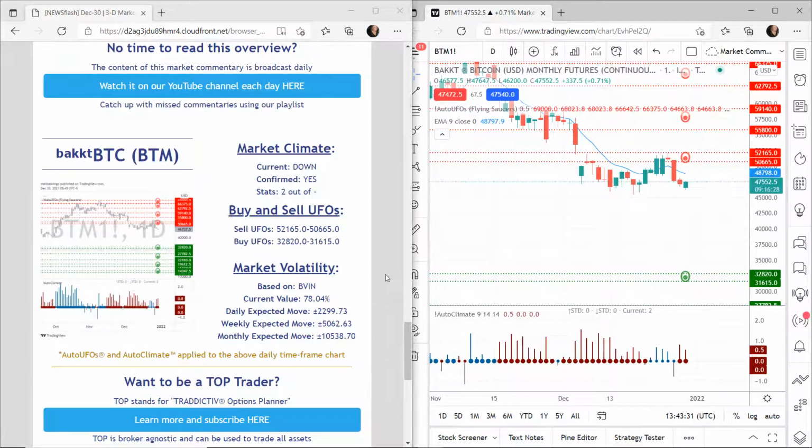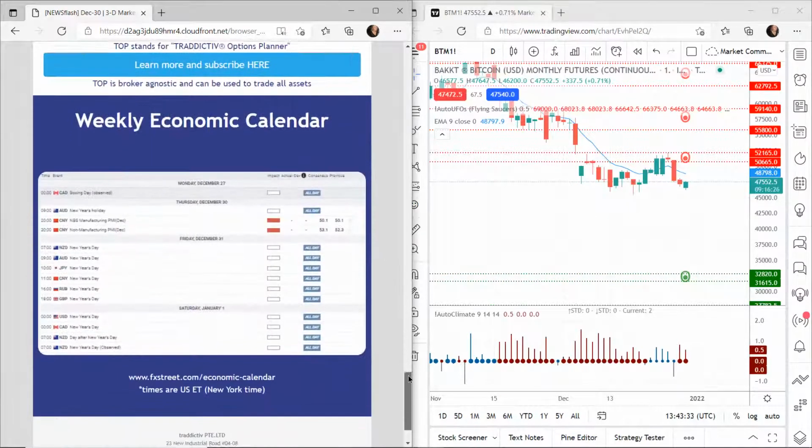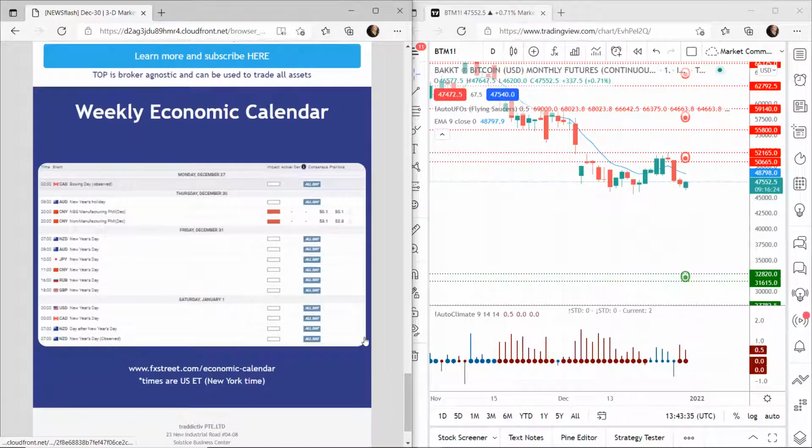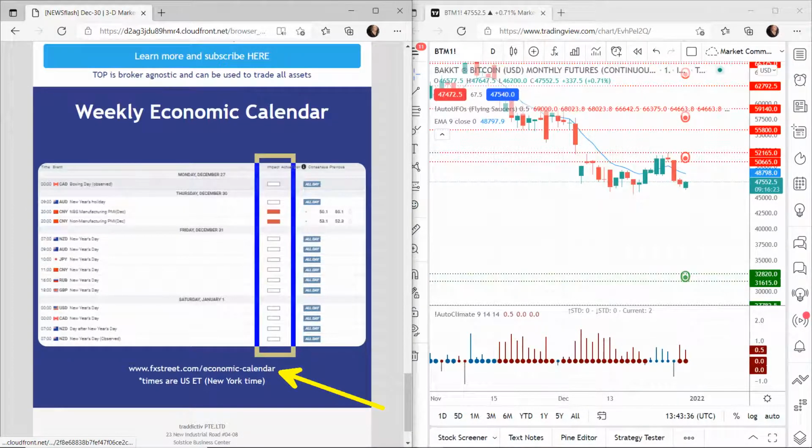Now the last thing to look at here is our weekly economic calendar. Unsurprisingly, not much going on at the moment because of the time of year, but we get this from the fxstreet.com economic calendar, and we filter by high impact news. So today being Thursday, we have some news coming out on the Chinese yuan or Chinese markets that if you trade in those markets to be aware of. Otherwise, not much else going on in terms of scheduled reports.